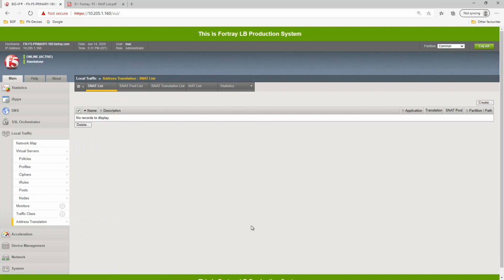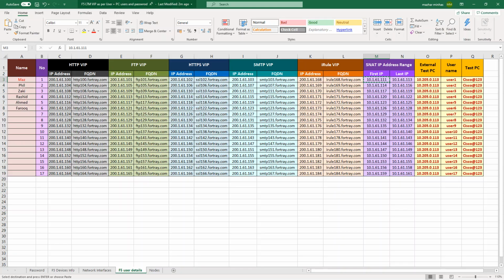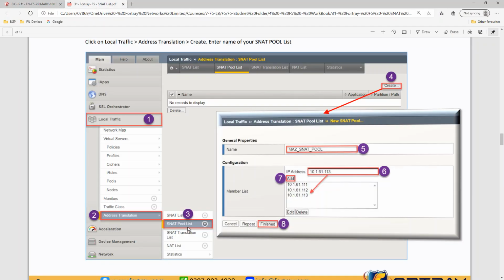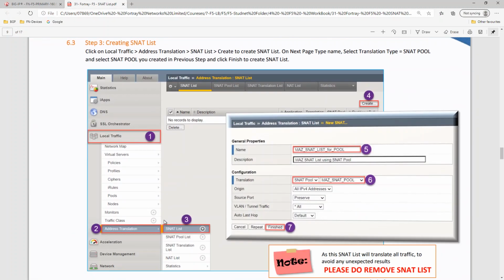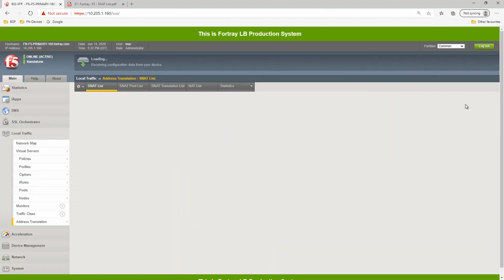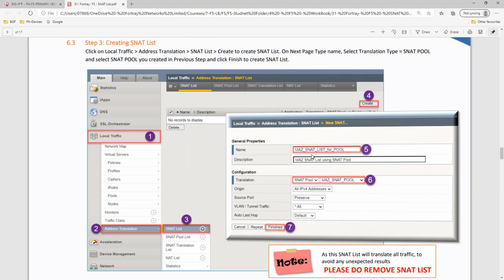Then we go to the SNAT list. So first we created a pool. This is the pool we have created. Then we go to the SNAT list, and we say MAZ SNAT pool.